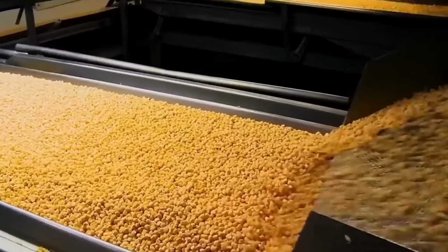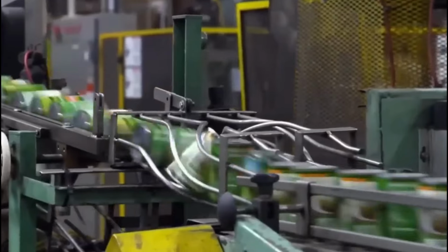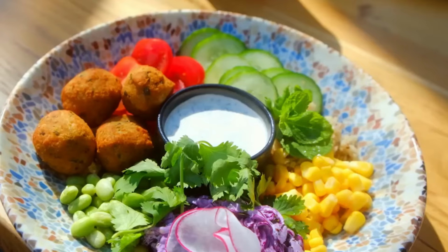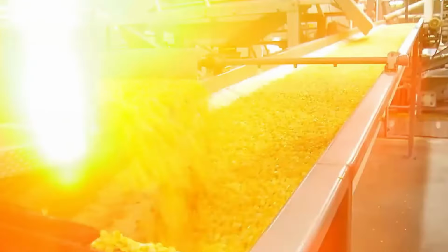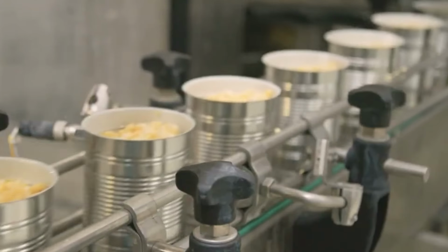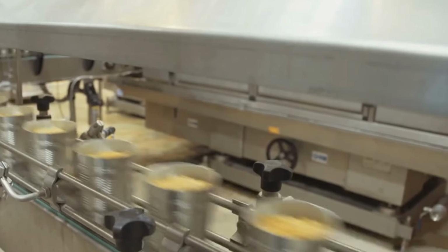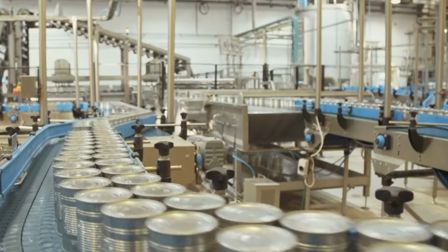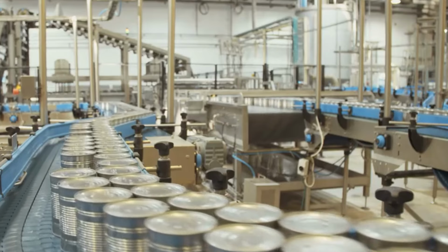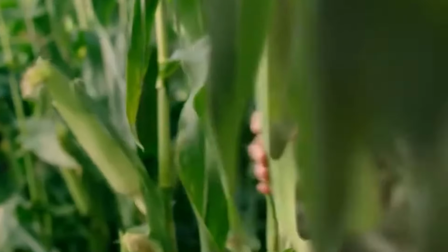Imagine biting into a juicy, golden kernel of sweet corn, bursting with flavor, straight from a can that's traveled from a sun-drenched field to your plate. It's a staple in American kitchens, from backyard barbecues to cozy family dinners. But have you ever wondered about the incredible journey behind the 150,000 tons of canned corn produced each year in the U.S.? This isn't just about food. It's about precision, innovation, and a process that transforms humble corn cobs into a pantry favorite that's ready to elevate